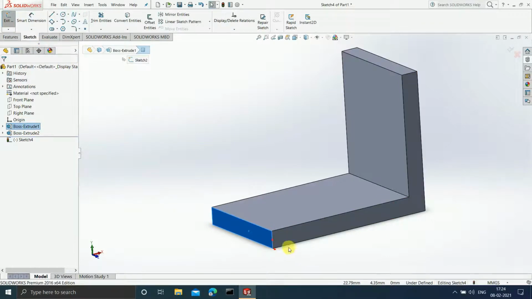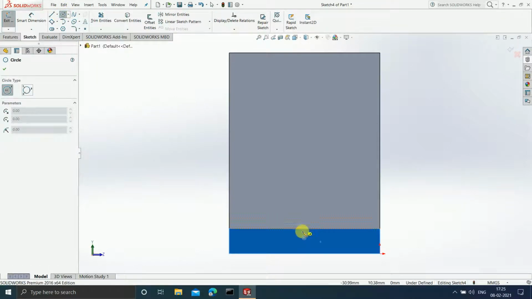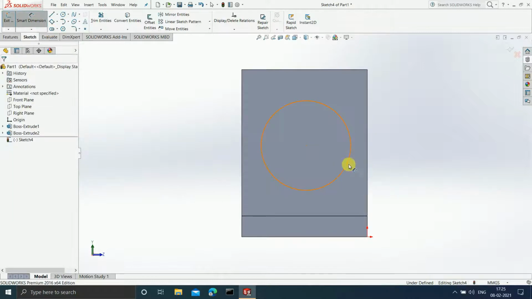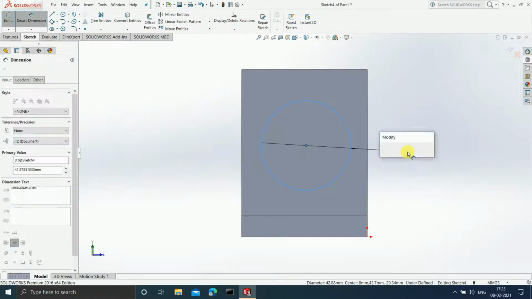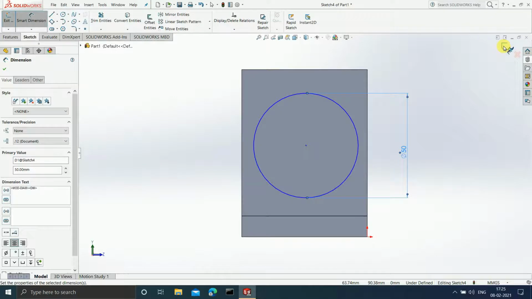Now I want this plane to be perpendicular to my line of vision. So for that I will press Ctrl 8. I repeat, I will press Ctrl and 8 simultaneously. After this is done, now I am going to simply draw a sketch. Okay. Now let us draw a circle only. It is easier for us to understand. So just any random sketch I am drawing. Okay, let's give the dimensions to it as 50 mm. Okay, done. I am done with the sketch.